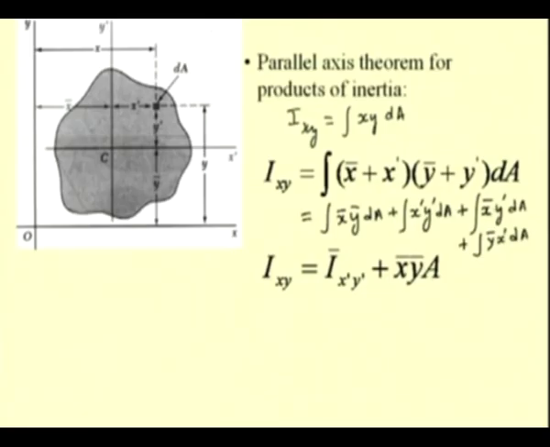This quantity is nothing but the first moment of this area with respect to this centroidal axis. So, this quantity is 0, and the same way we will find that this quantity, which is again the first moment of the area with respect to the centroidal axis, is again 0. So, these two quantities become 0, and so what we have is integral x bar y bar dA, which is nothing but x bar y bar times integral dA, the area of this element,